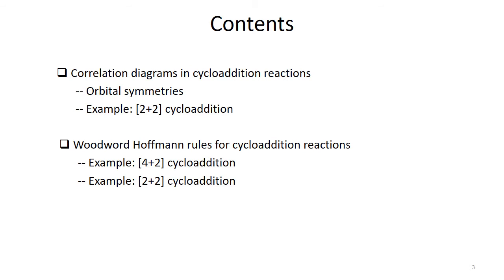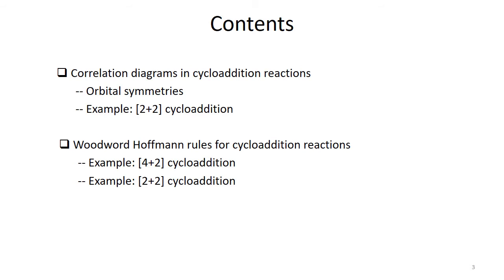To understand the correlation diagrams, or you can say to draw the correlation diagrams for cycloaddition reaction, we have to go through the orbital symmetries, and then we shall have an example of a 4+2 cycloaddition reaction. Basically, when we are going to understand orbital symmetries, we are taking the example of 2+2 cycloaddition. So these correlation diagrams you can easily